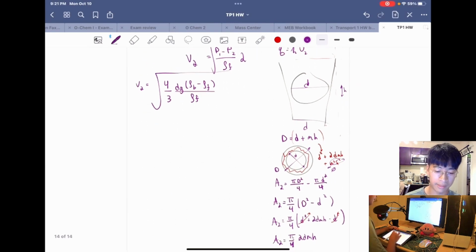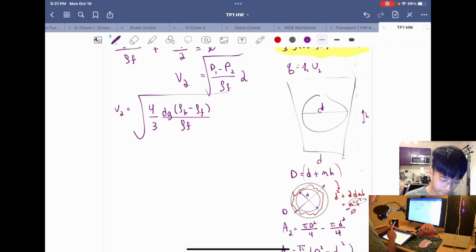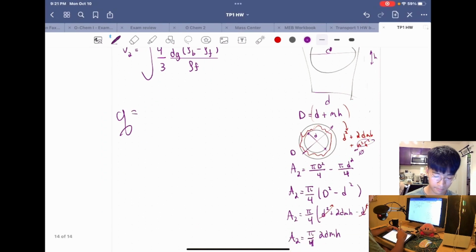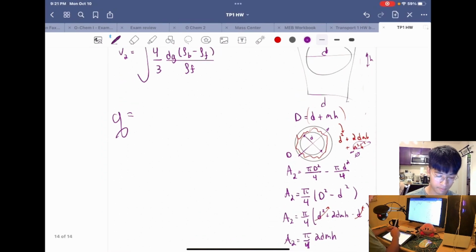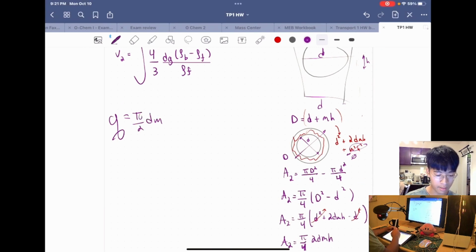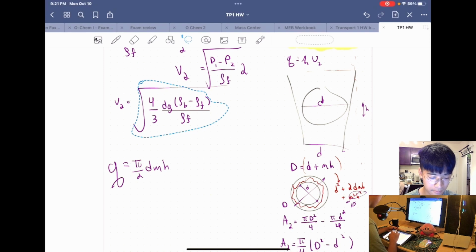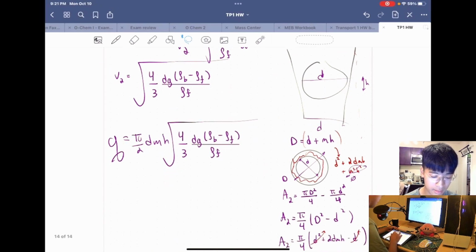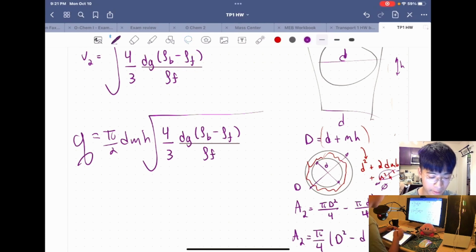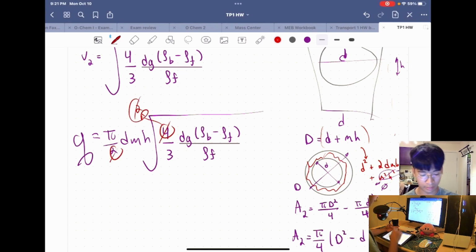Now we can write an expression for volumetric flow rate, where volumetric flow rate is equal to pi over 2 dmh multiplied by this guy right here. Hold on. There we go. Okay. So paste. There we go. And you notice that you can pull that 4 out and make it a 2. And then that cancels. That cancels. Right? So you are left with